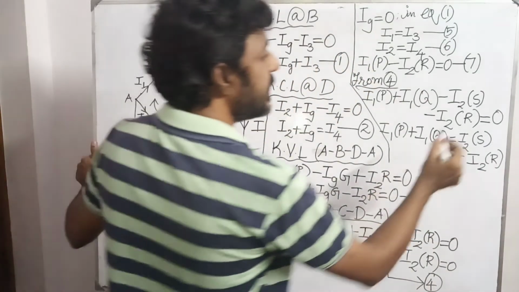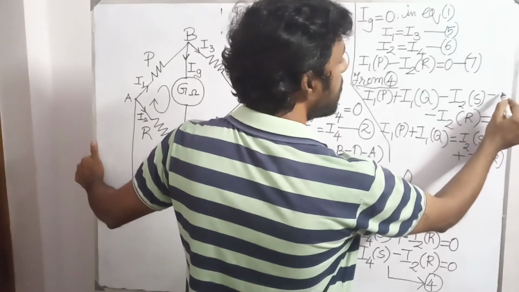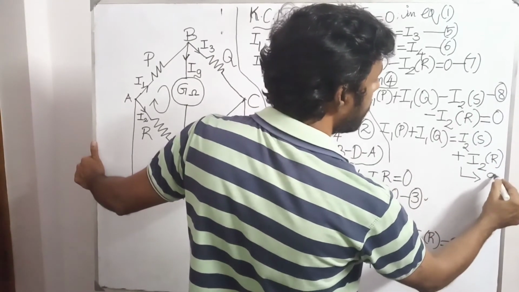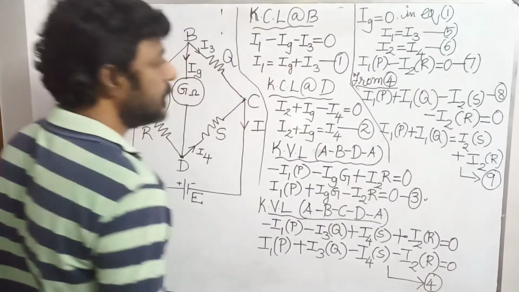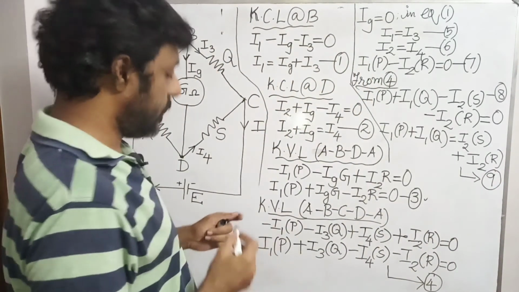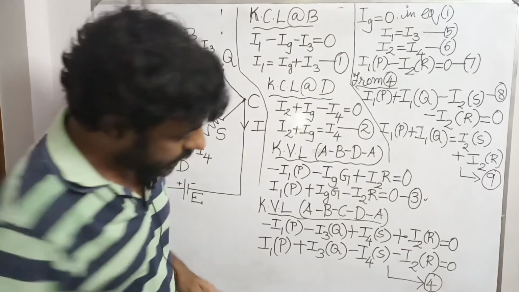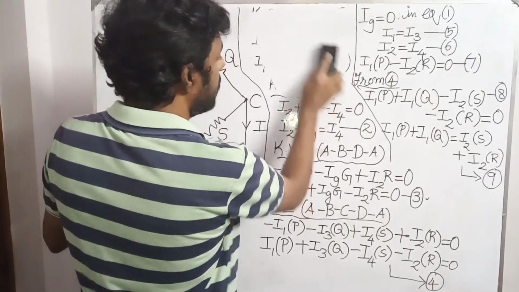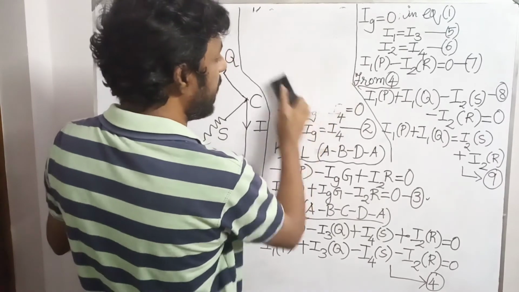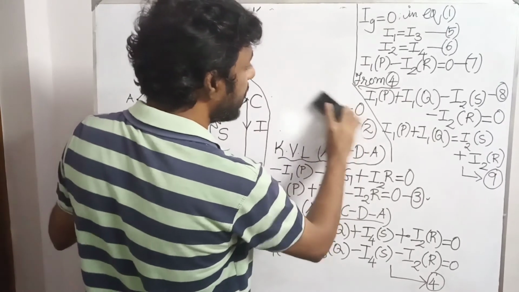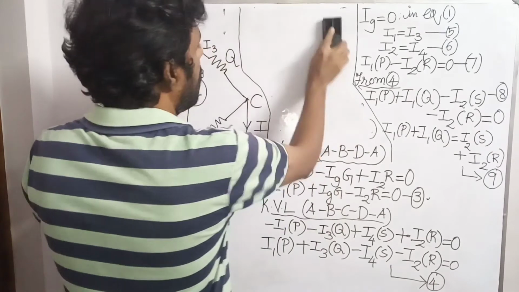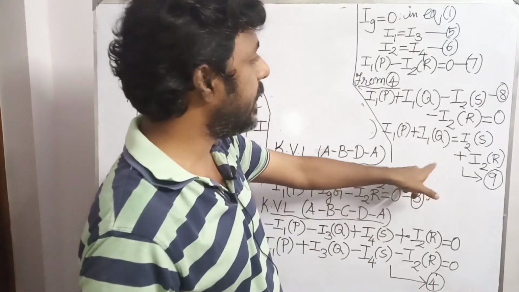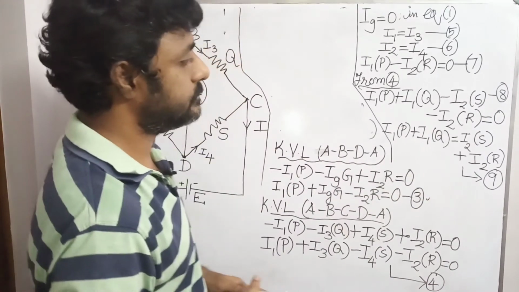Okay, this equation I am naming as equation number 8, and this equation I am naming as equation number 9. Right, this is what I am doing. Now I am going to rub this one. Since we don't have space, I am going to erase this portion. So now what will happen? I have obtained equation number 9.